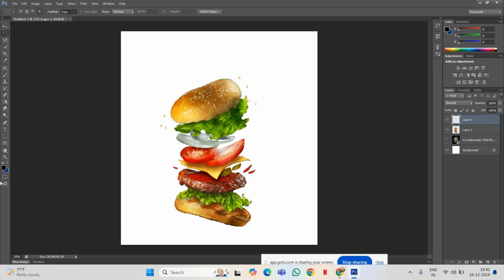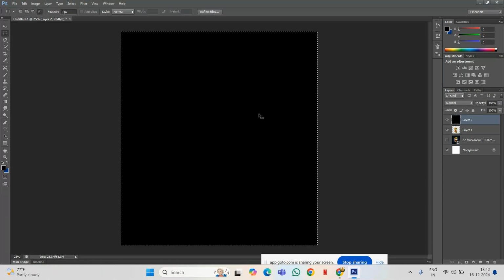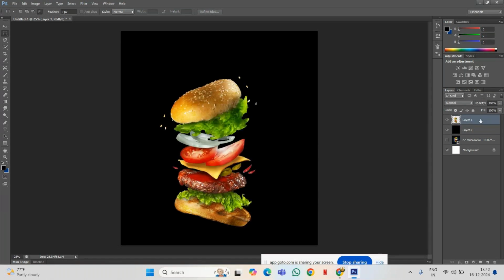If you want to apply that color to the object, you need to press Alt plus Backspace. Now the color has been applied, and the dotted lines are still here. If you want to deselect that, press Control D to deselect the dotted lines. But the object has been hidden now after giving the color. You need to take this layer up. So now you can see the